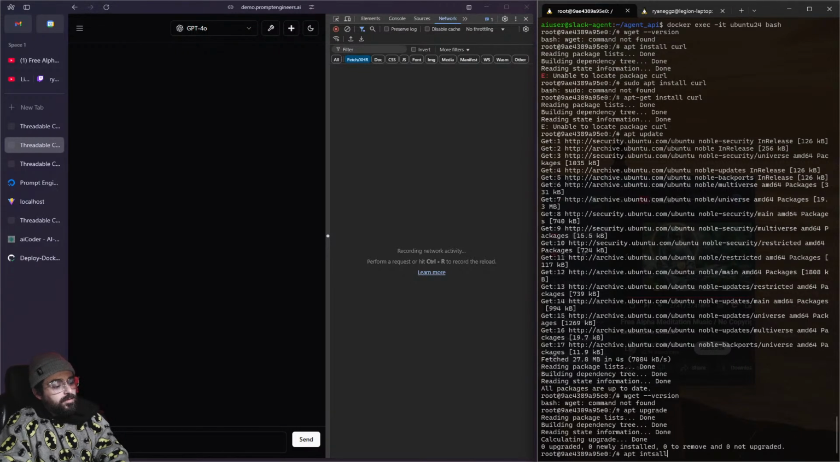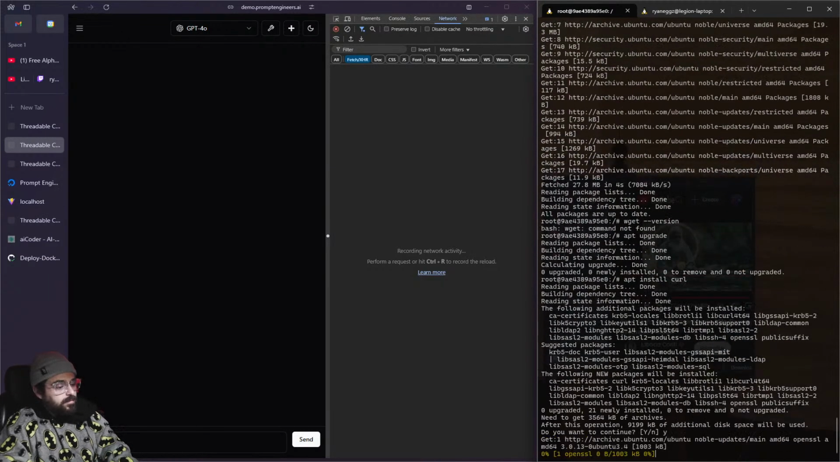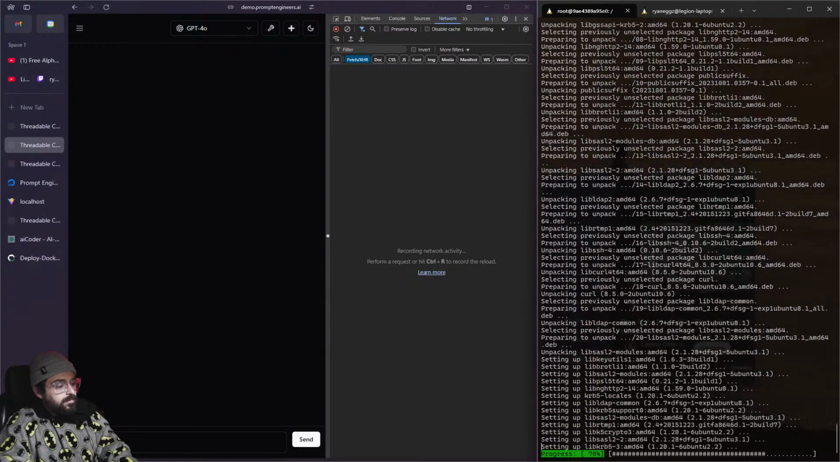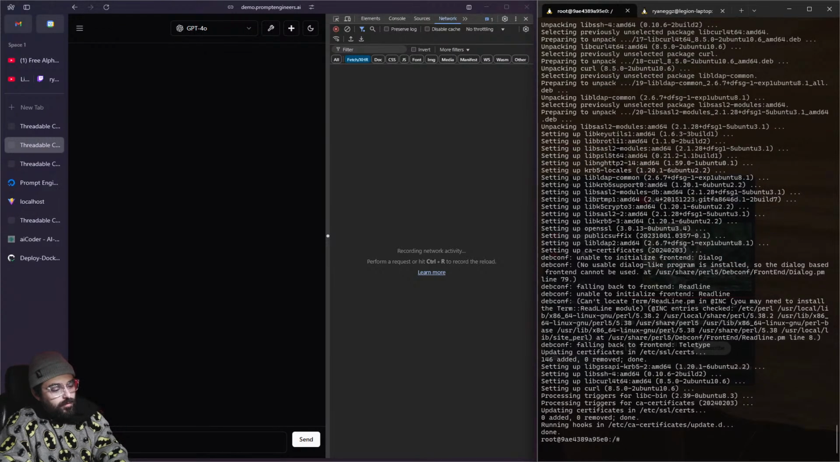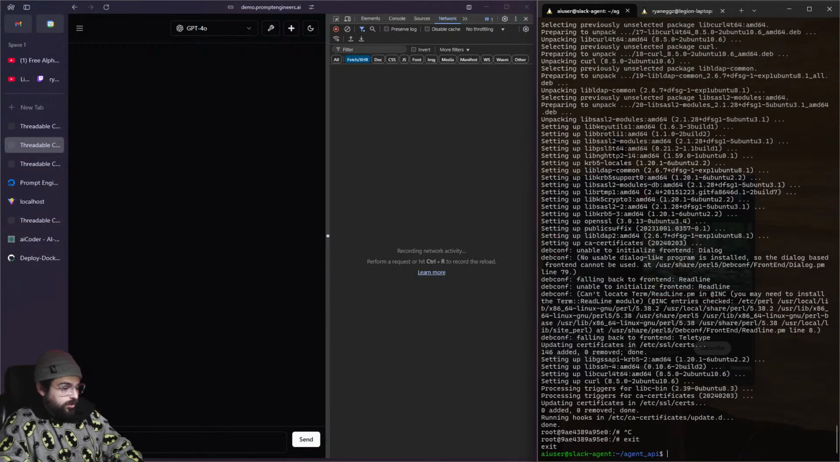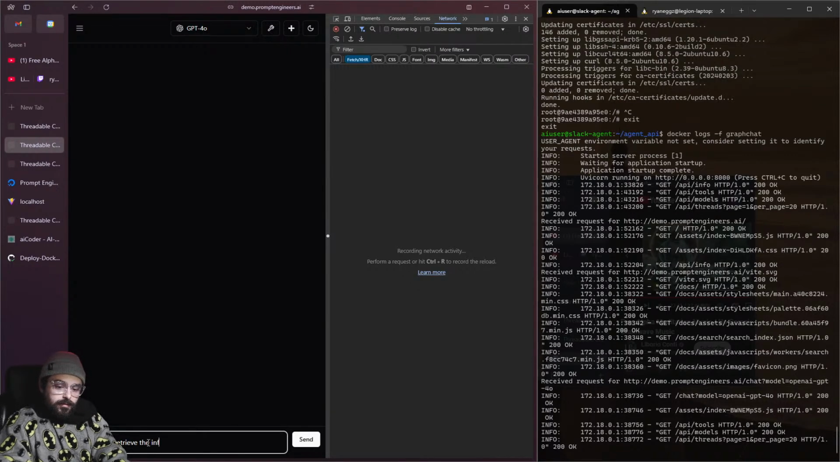Okay, so what if we do apt install curl now? Okay, that's good. Cool. Now we should have curl. So use curl to retrieve the info from https://demo.promptengineers.ai/API info